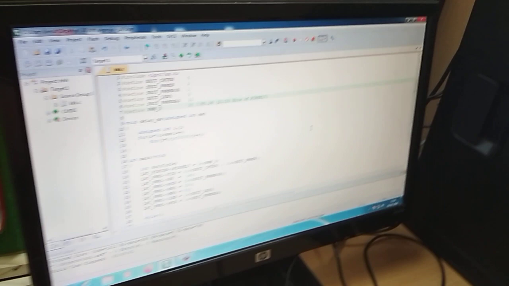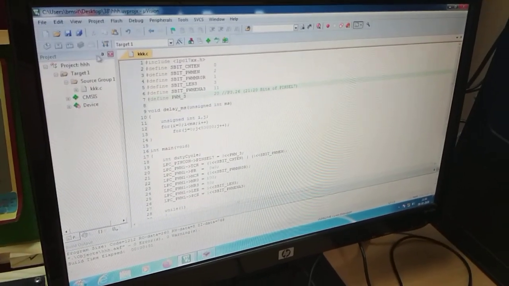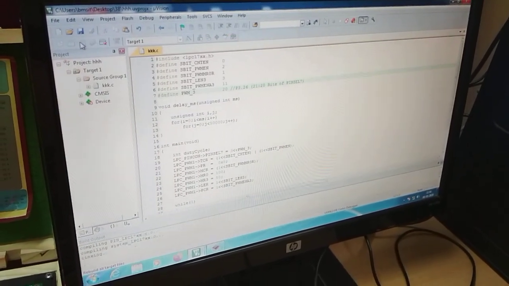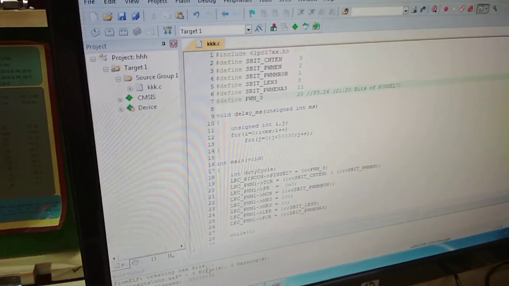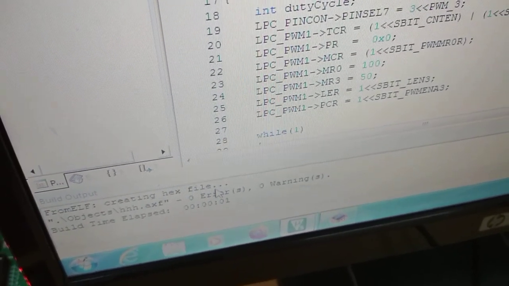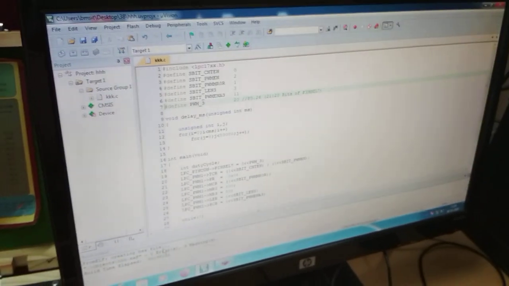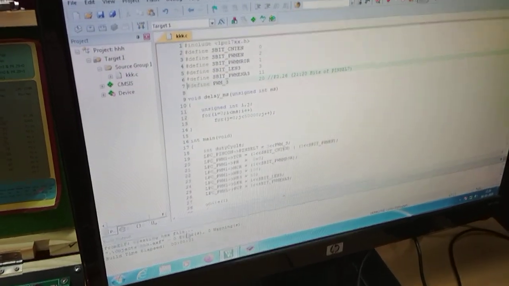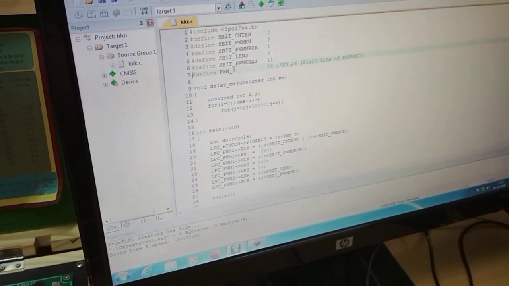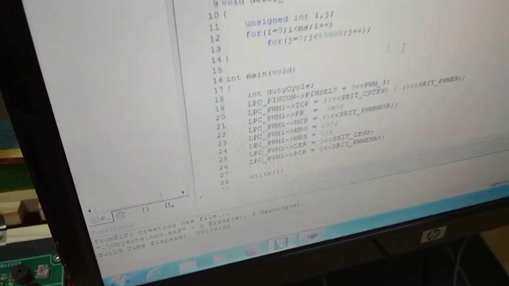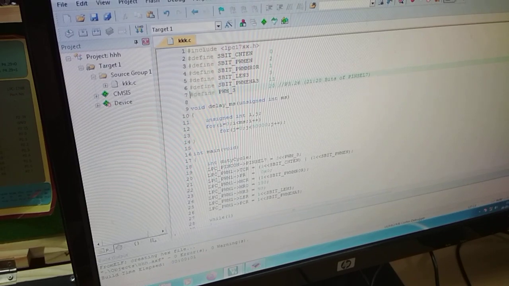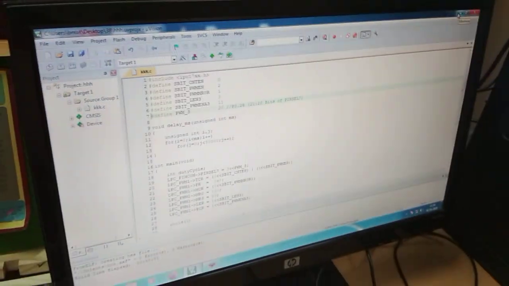So that will get converted to hexa file as well. So if you want you can rebuild again everything once. So when you rebuild you can see here creating hex file. So here you should get creating hex file, so that it means that now the controller is ready to accept this, which is in the form of hex file. Now this part is over.